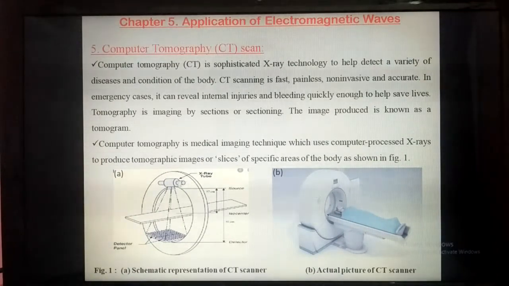This is the X-ray source. This is the detector panel, and the patient or material is put in this panel. The rays will pass through the patient and be collected in the detector panel, and it is the CT scan film. This is the typical diagram of a CT scan, and this is the actual diagram of a CT scan. The patient will lie on this bed. It will go into this X-ray source and scanning will start.